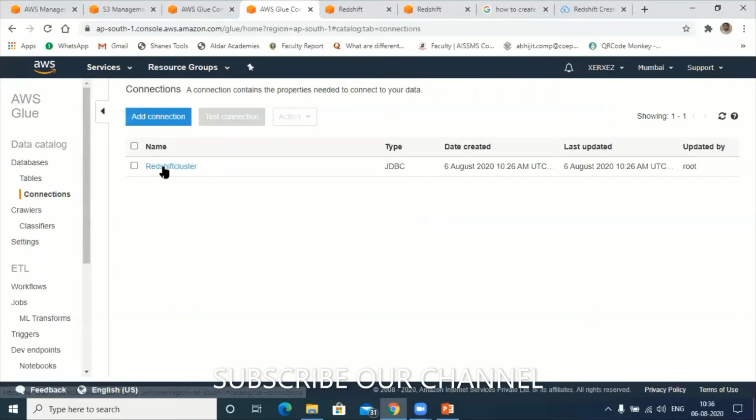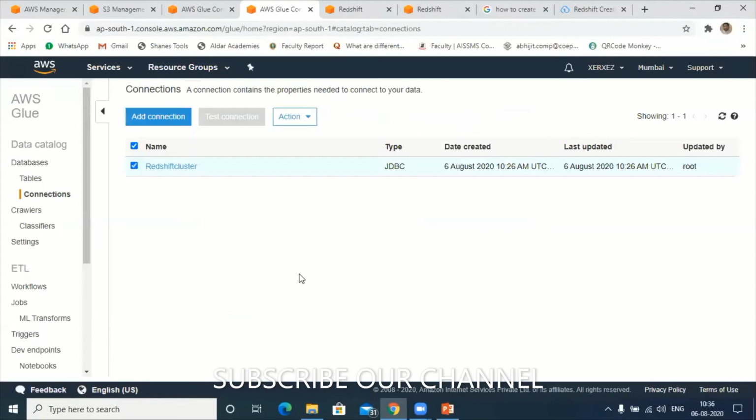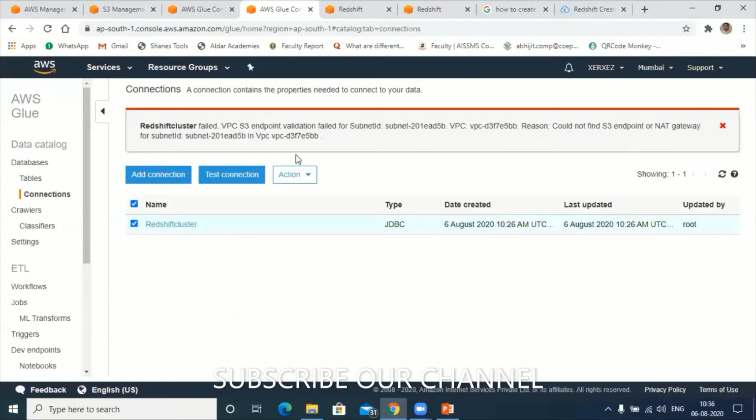Yeah, this is the add connection. Let me choose this. Let me test this connection first. Okay, Redshift. Test the connection. Yeah, here only we have the problem. Endpoint validation failed for the subnet, this VPC, NAT.